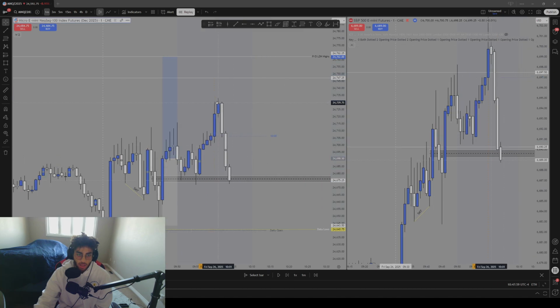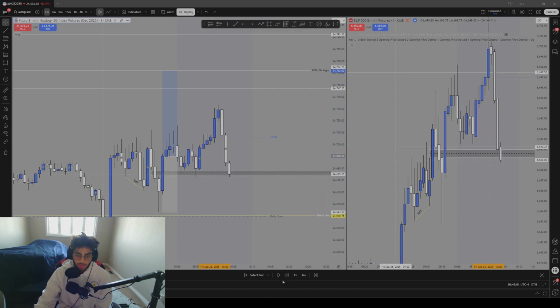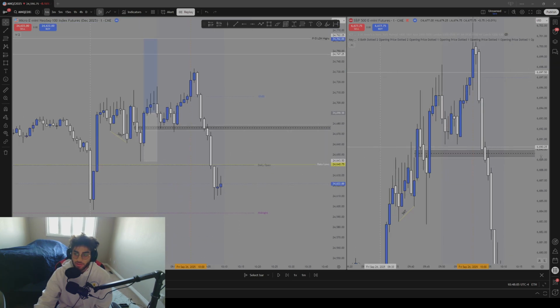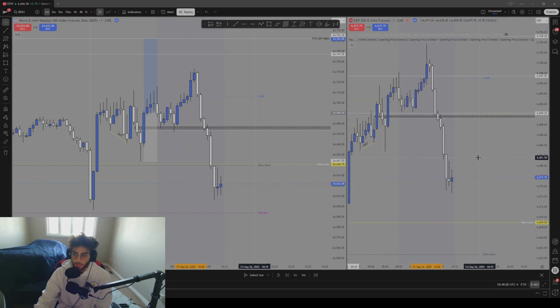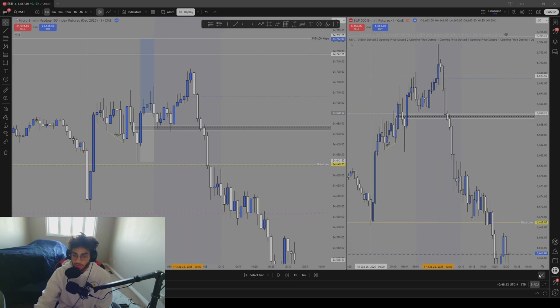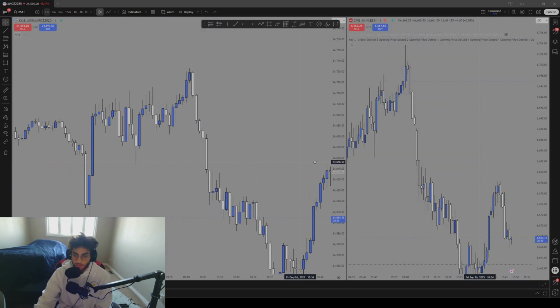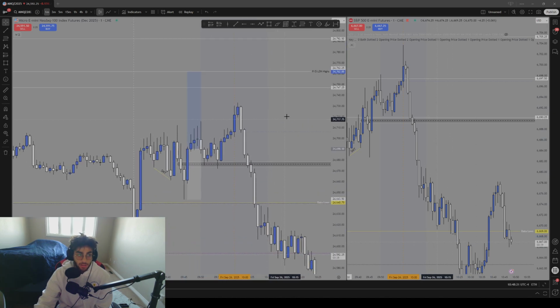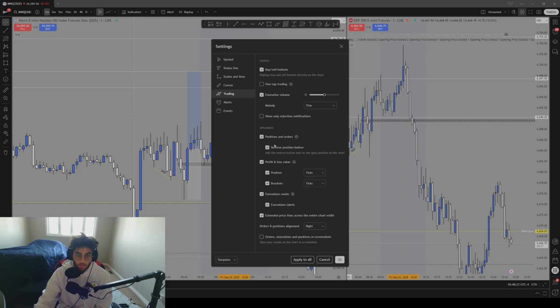And yeah, that's basically it. We came up a little bit and then just started immediately crashing down. And I said this earlier too, I said if we broke data lows, we wouldn't be looking at any type of upward momentum. And that's exactly what happened. So yeah, it literally can't get any more complicated than that. The way I trade is simple, simply so people can understand properly and not get FOMO'd into a bunch of unnecessary